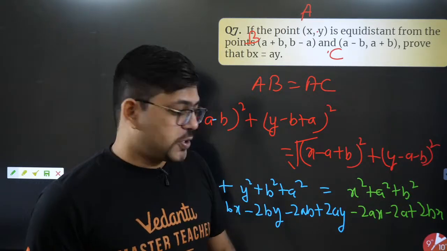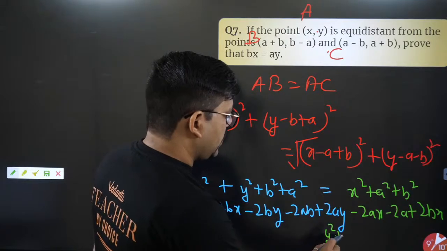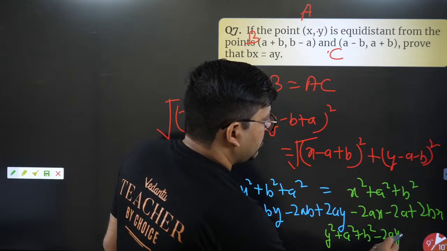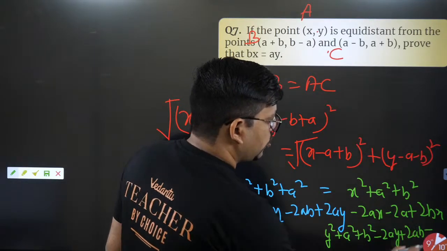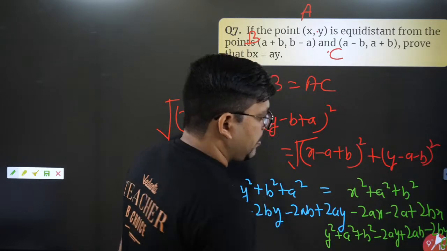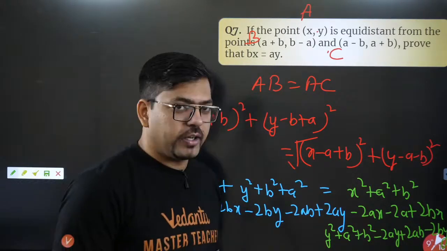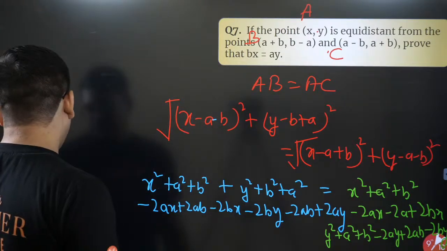This is one side, we'll have to write the other also. I'm finding space. Okay, let me write it downwards. This is y square plus a square plus b square minus 2ay plus 2ab and minus 2by. So guys, I know you won't be able to see this. I know this got a bit long, but what to do, we have to. So let me cancel it out. Let me cancel it out, people.